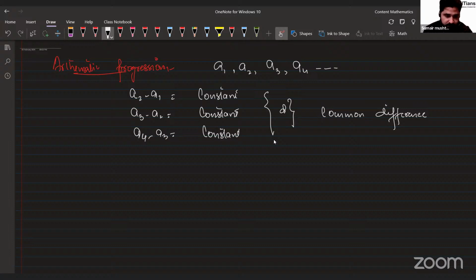I think you people know about it. Any confusion? You can let me know in the chat. I'm here. Or we can say it in this way as well. If I have the first term as a, and a constant is added to every preceding term to get the succeeding term, let us suppose a1 is equal to a, so a2 will be equal to a plus some constant, let us suppose I have